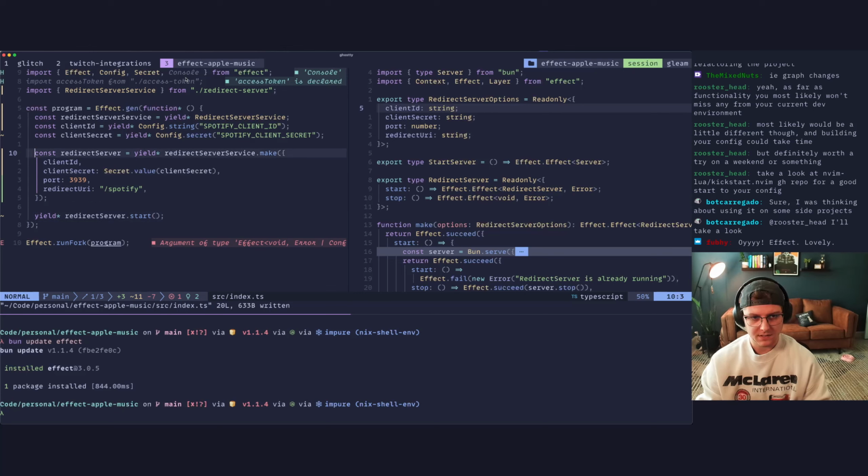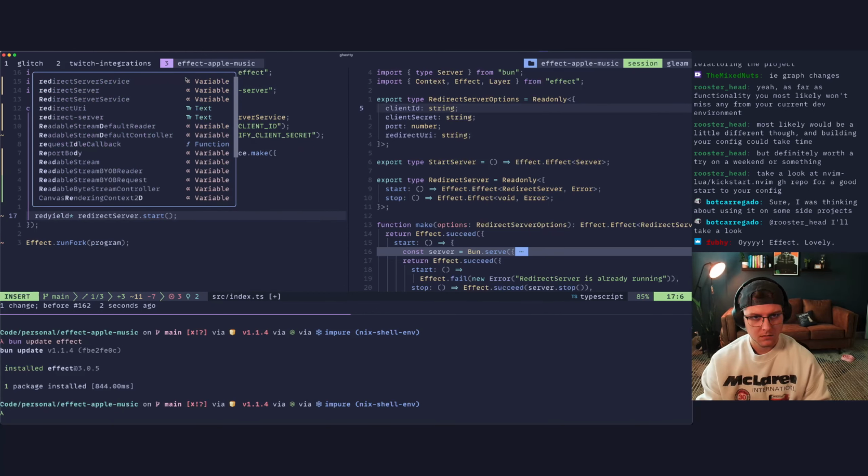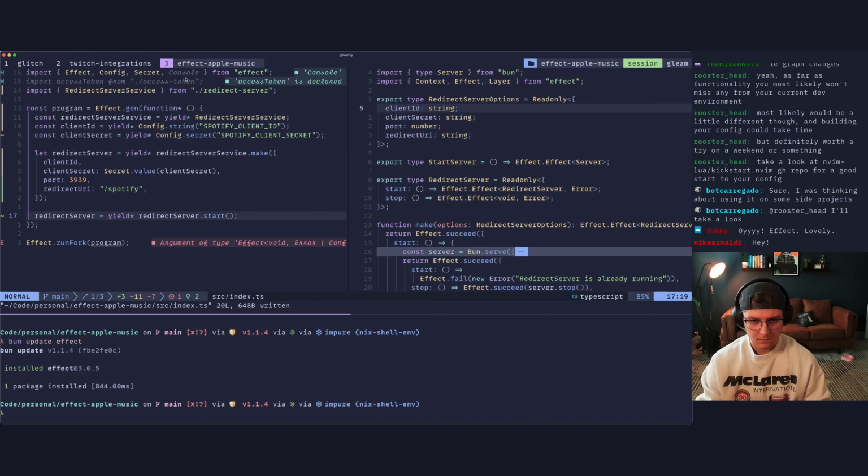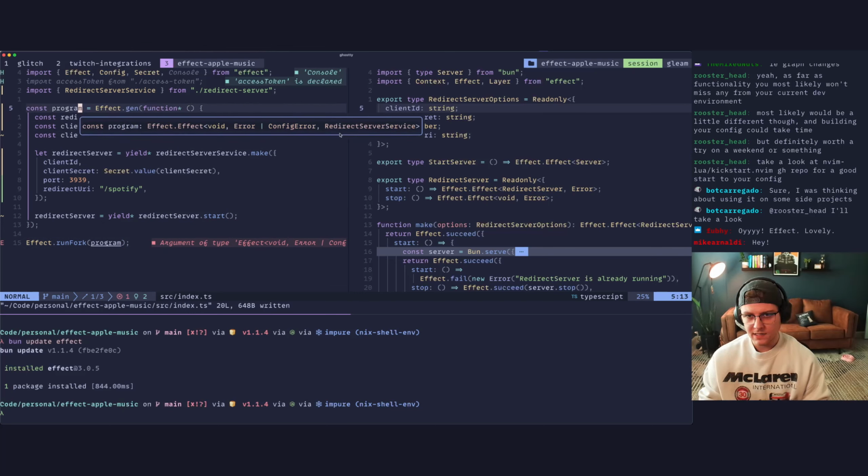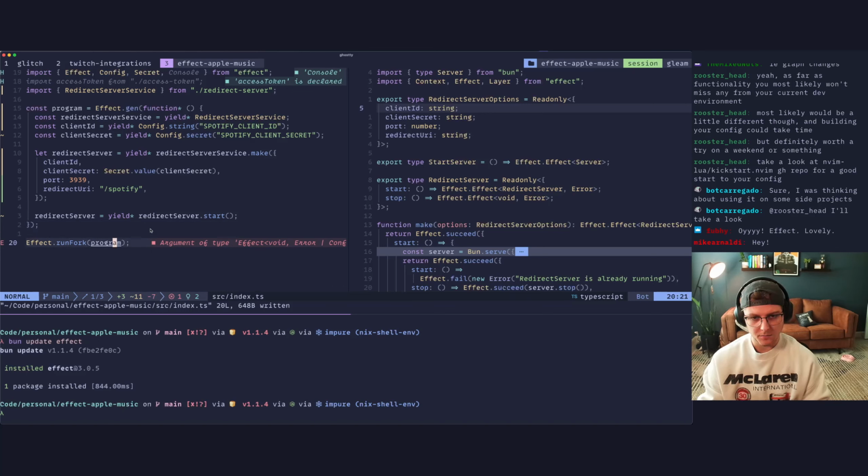We can actually just say this is let, and then redirect server will be... and then down here, this is smart enough to know that this has a dependency now. So we have this dependency on the redirect server service that we haven't filled. And it's like, hey, we need you to give us a